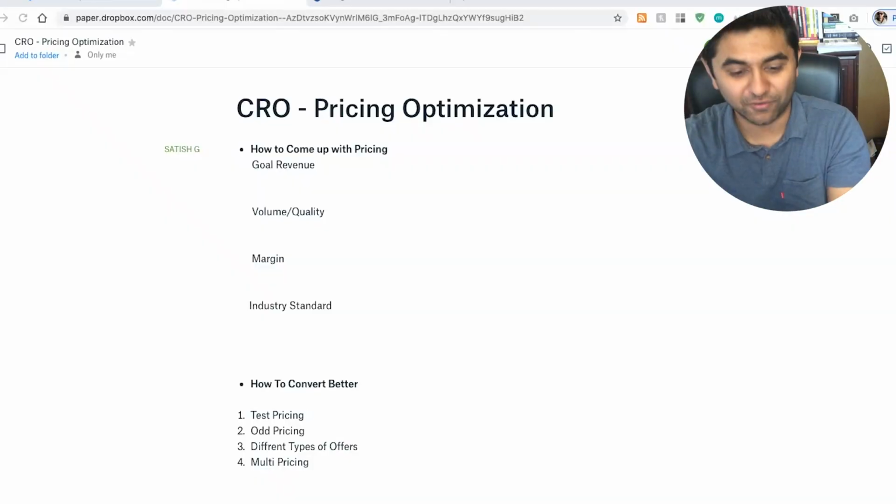So I'm gonna go ahead and teach you 4 things that you can do to come up with a good pricing. Keep in mind, a lot of stuff matter, a lot of factors. I'm trying to make it simple for you guys. So let's move on my computer here. So first of all,